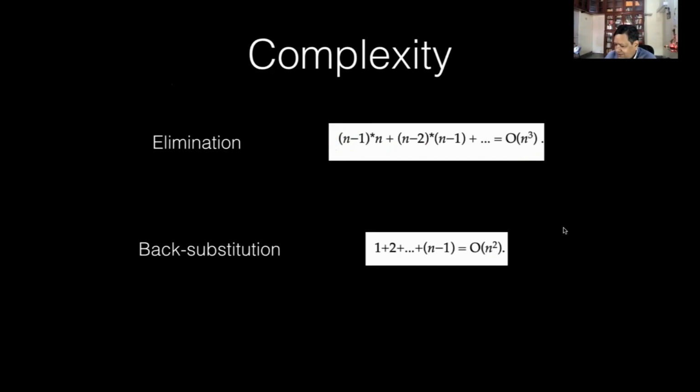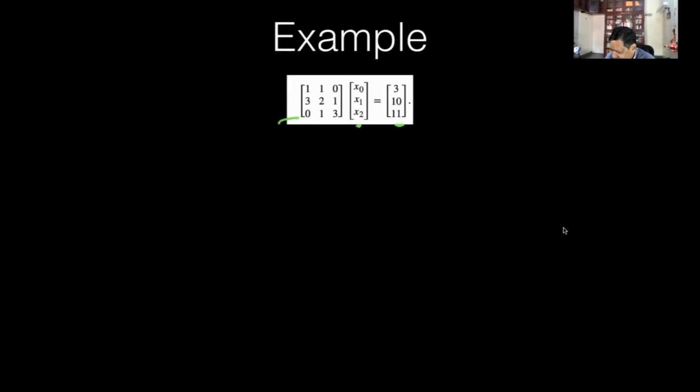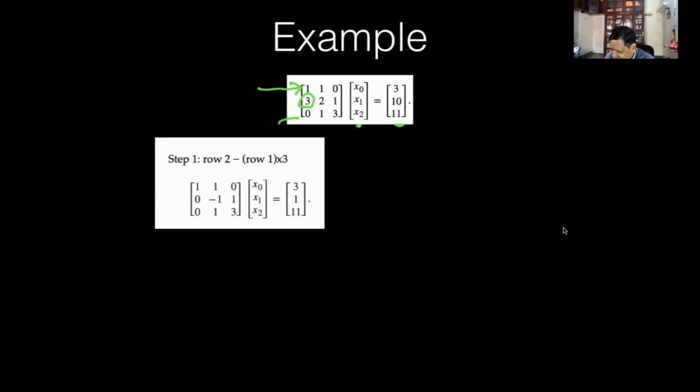Example. We have this matrix A. I need to solve for X, and this B. So what do I do first? I get rid of this 3. For that, I multiply the top row by 3 and subtract it from the second row. So 3 minus 3 is 0. 2 minus 3 is minus 1. This becomes 0, so 1 remains. And here 3 times 3 is 9. 10 minus 9 is 1. For the third row, this entry is already 0, so I don't do anything. If it's 0, then don't do anything. So this row remains as is.